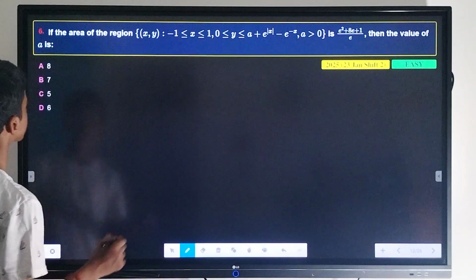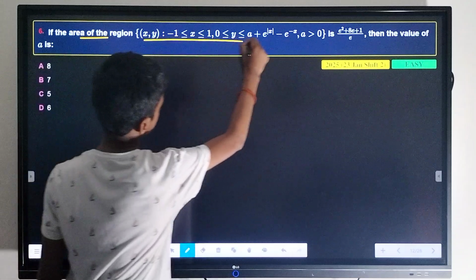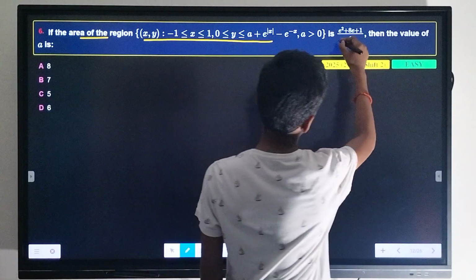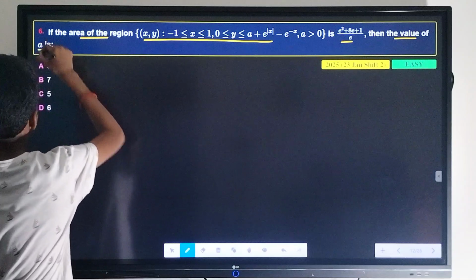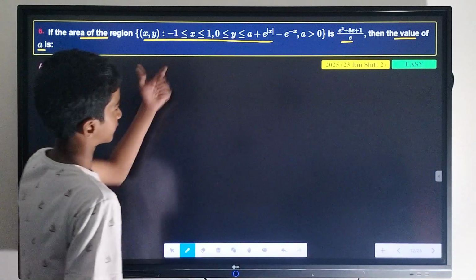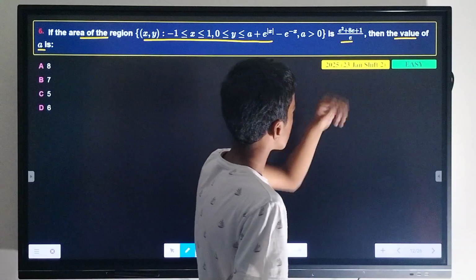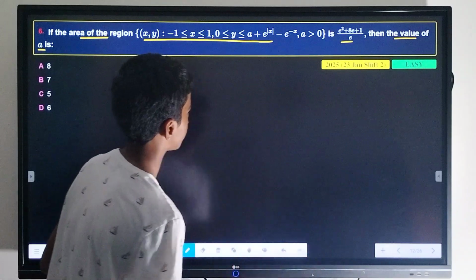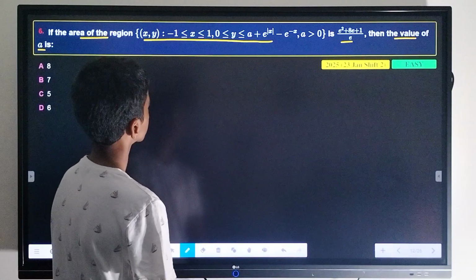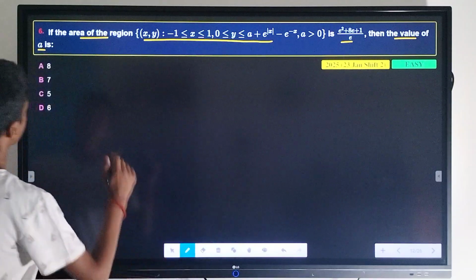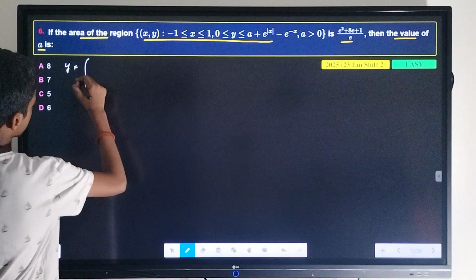Our question says, if the area of the region, here is our region, is this, then the value of A is. So we need to find the area of this given region and compare it to this value, then we can find the value of A. So first of all we will write y. Our y is equal to